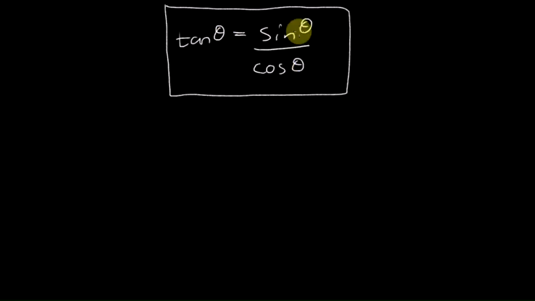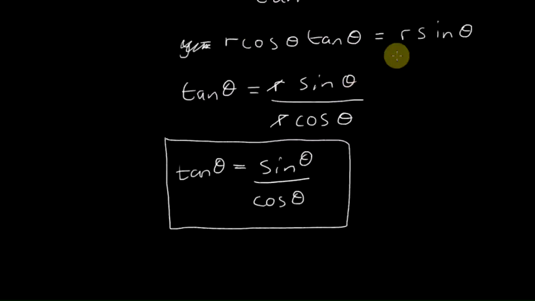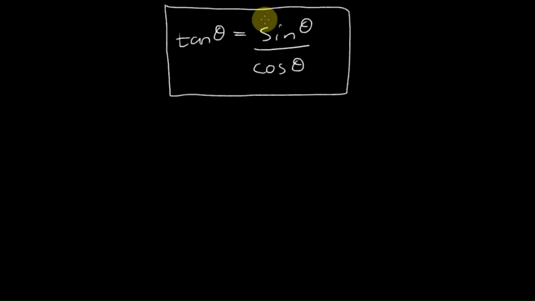And if I didn't know any better, I could have quite easily gone from here and taken that over, gone r cos theta tan theta minus r sine theta equals 0. Maybe we could do something like that, we don't know, but I already know that this is quite important,